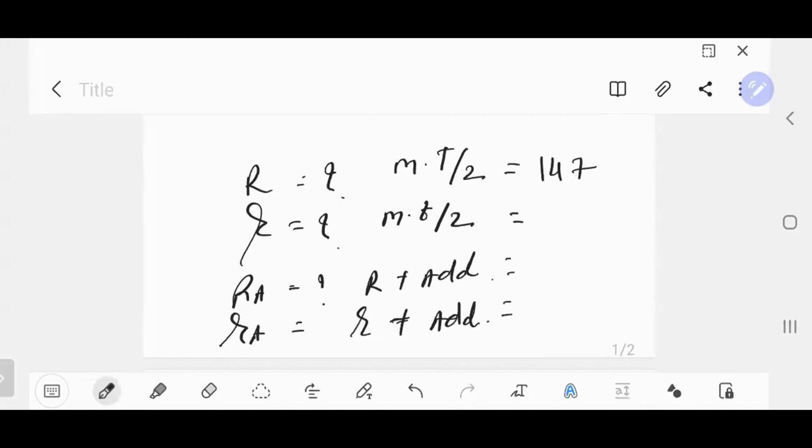Small r, 51. Huh? 51. I don't have the answer, so we'll go with the majority. Capital R A. Yes, Harsraj, very fast. 153 and 57. Good. 153 and 57. We have to just add the 6. Okay.